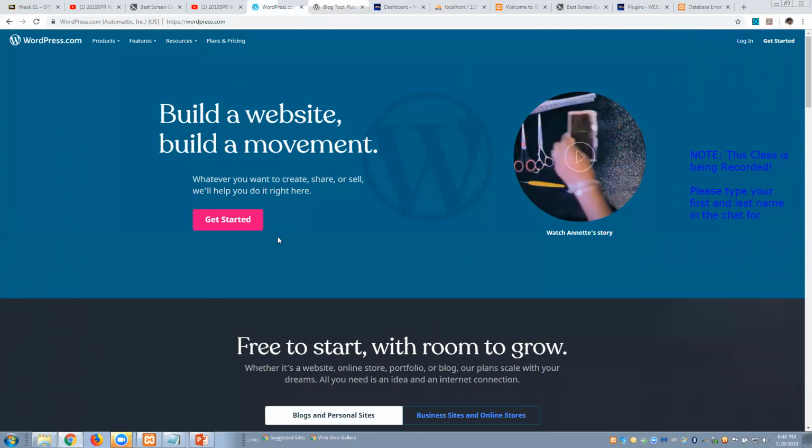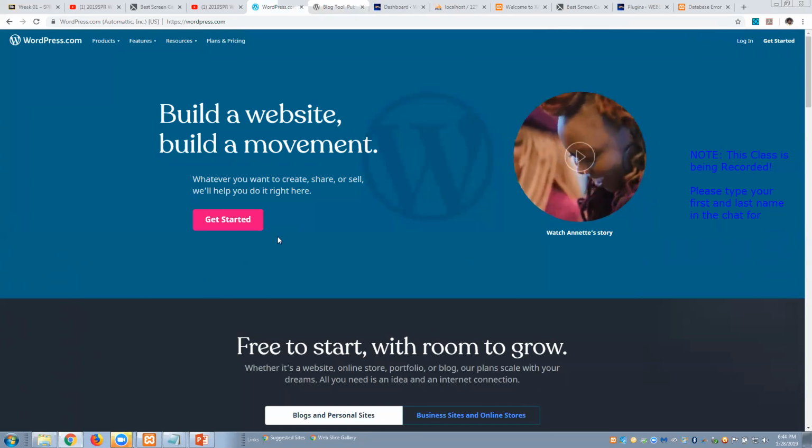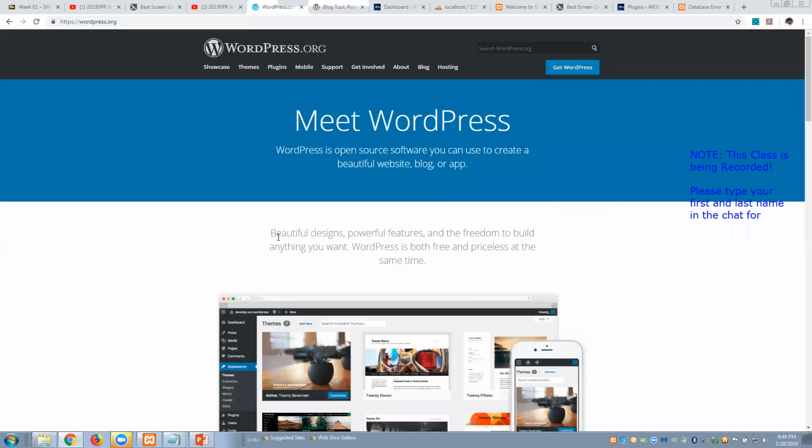So WordPress.com is for non-technical users. WordPress.org is what we're going to use as developers to enhance or create plugins or design themes, or find out the syntax for injecting a header or footer.